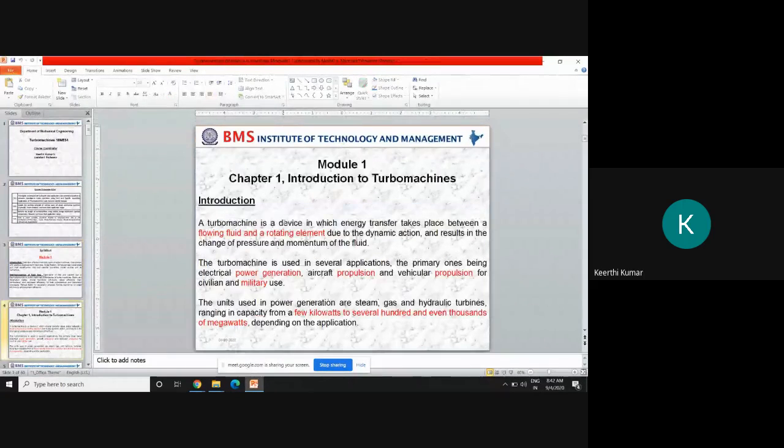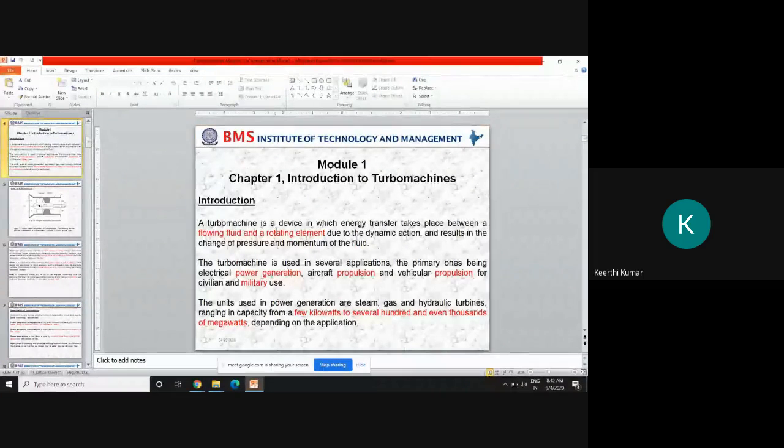Next, coming to module 1, that is introduction to turbo machines. What do you mean by a turbo machine? A turbo machine is a device in which energy transfer takes place. Understand the words here. Each and every word I'm going to tell is very important for attending the quiz. The quiz questions I have taken are all from earlier GATE question papers, so that if you prepare for the quiz, it will be easy for any competitive exams at the end. So concentrate on the quiz, and to attend the quiz properly you have to listen to the class, each and every word.